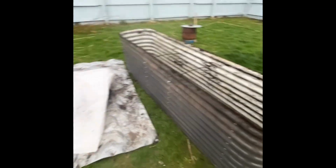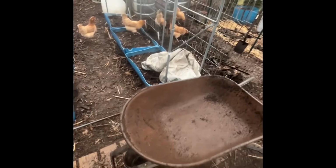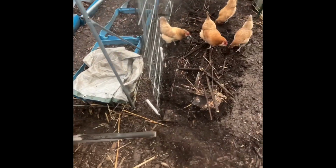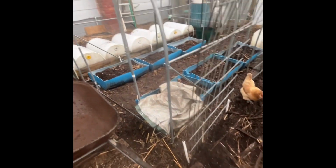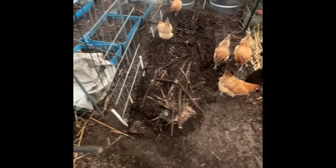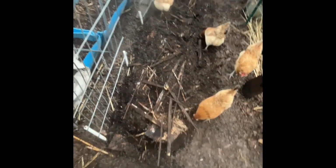So this is where I started redoing my entire garden. I had a problem with mice and rats nesting in my raised beds. This is where the taller one was, and they're getting in underneath, getting up in there. Also, they're getting under those white barrels over there where I was starting seedlings, and then over to the right